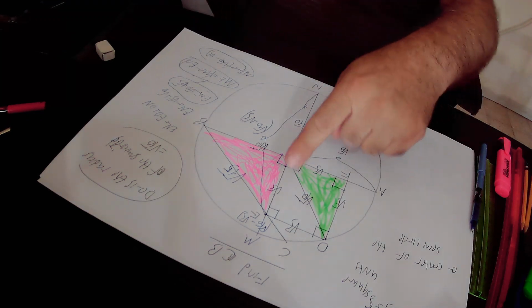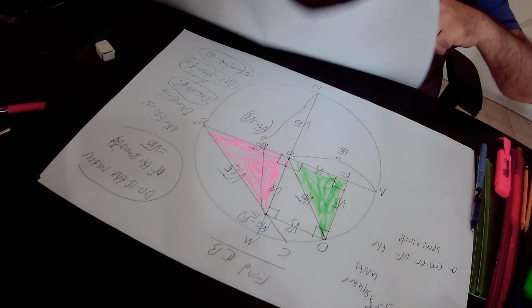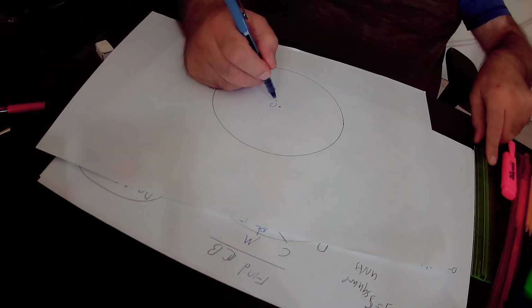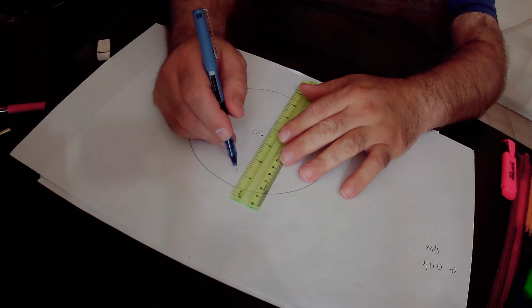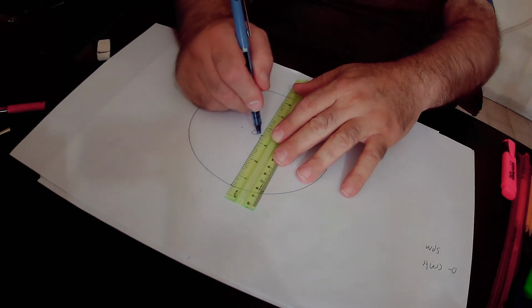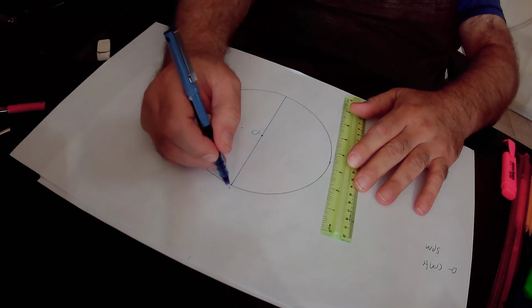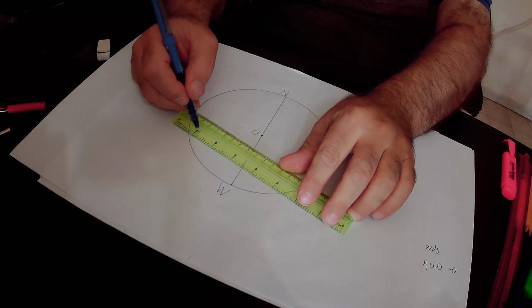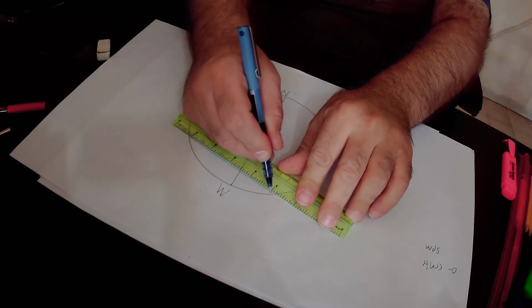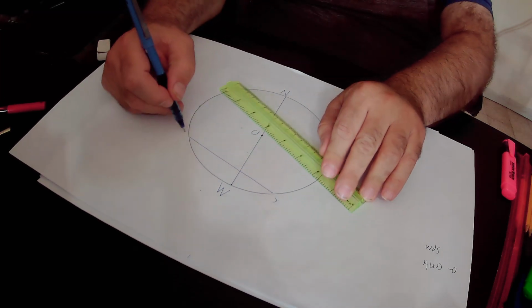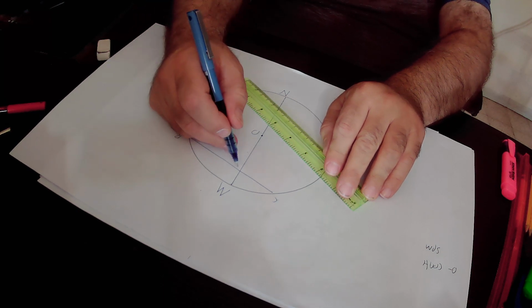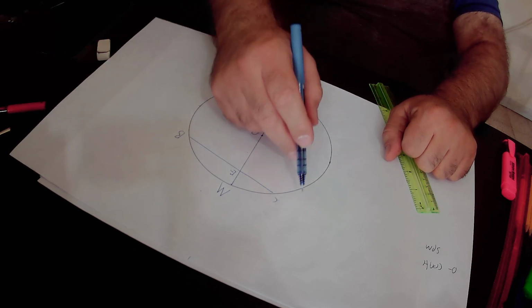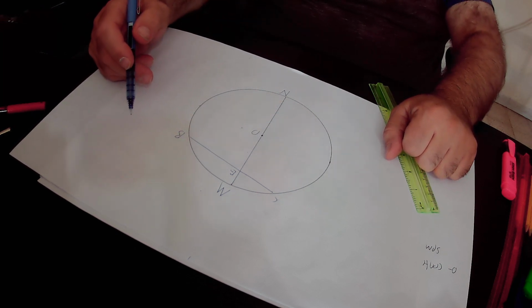We know that chord MN passes through the center of the circle, that is to say point O. Chord MN intersects with chord CB at point E. Therefore, according to